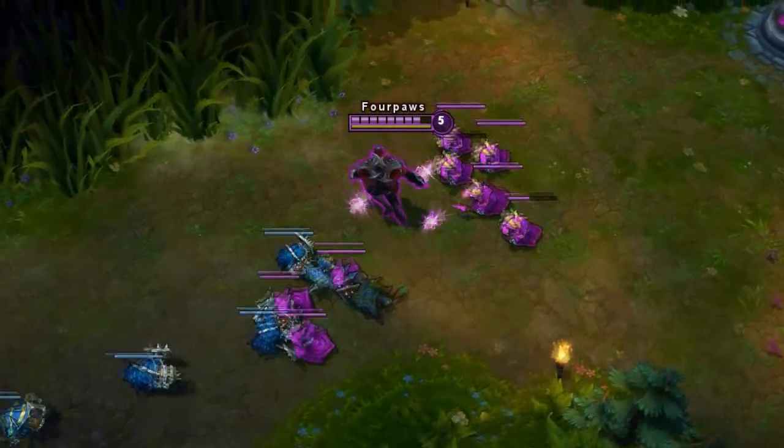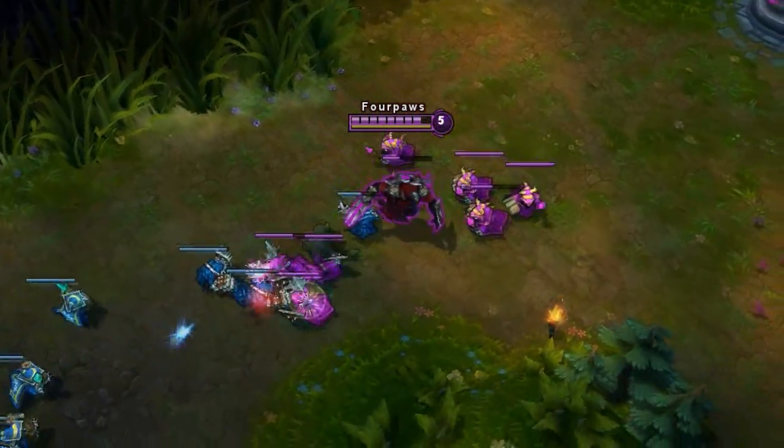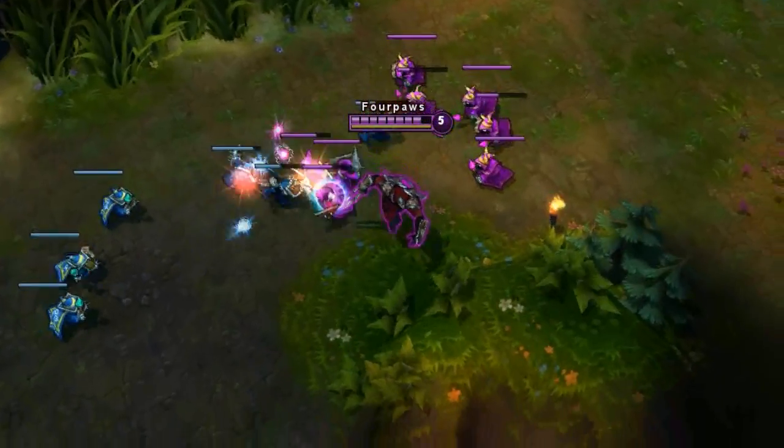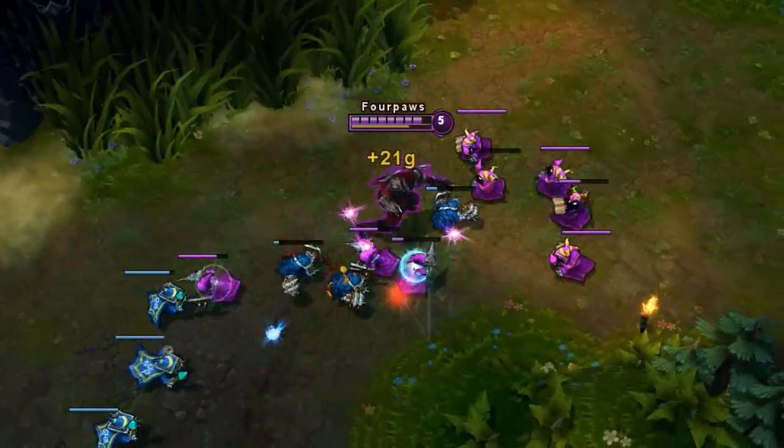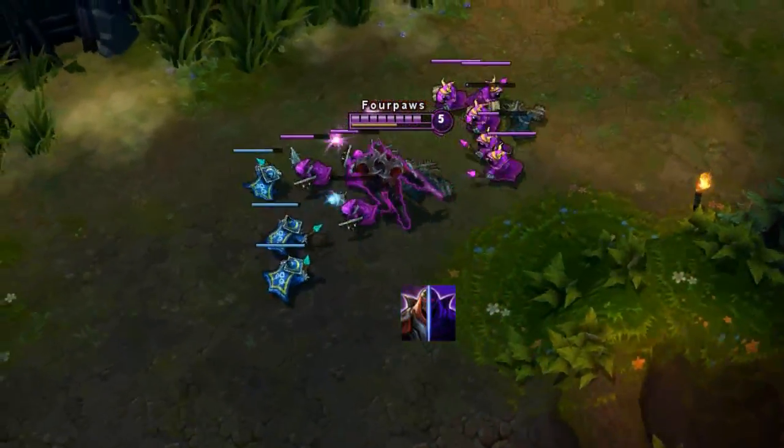Zed is an AD caster who can instant kill squishies from mid game onwards if he's itemized correctly. He also has great AoE wave clear with his abilities, and also a nice long range poke. He gains a free flash with his ability Living Shadow, but this ability is last leveled up, meaning that the